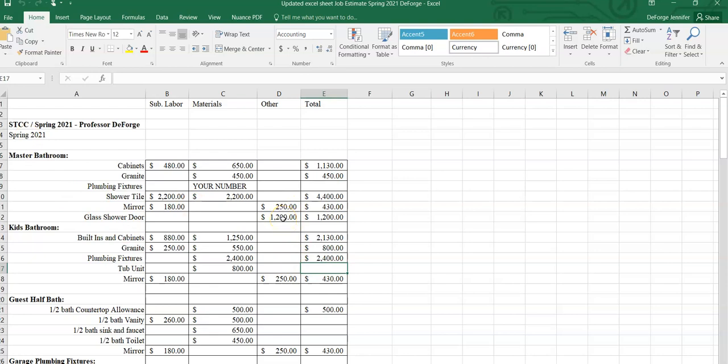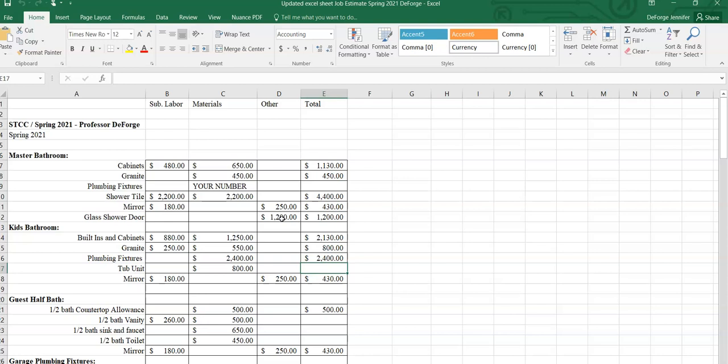So I'm not going to be able to cover everything this week in week 5 of our class together, but sometimes we can break things out into labor and materials, and sometimes I get quotes for labor and materials together. So I just kind of either tuck that over here in the other column, or sometimes I'll tuck it into the sub-labor column. You can always add notes to your Excel sheet. Excel is one of the easiest estimating tools that I've used and that I've learned out there myself. Very easy formulas, very easy organizational skills to be able to do this, and then just learning a few basic